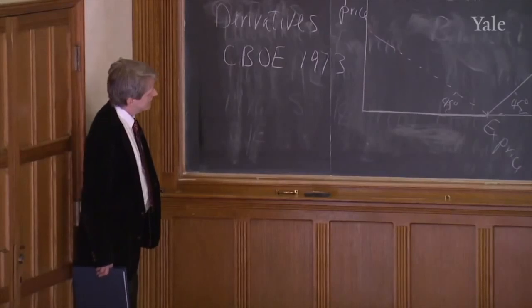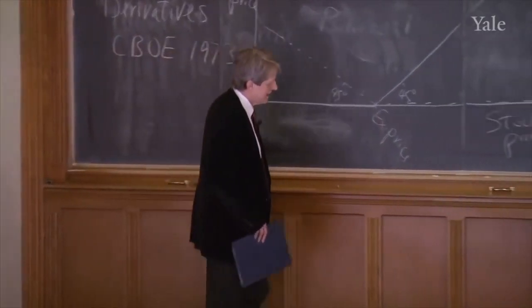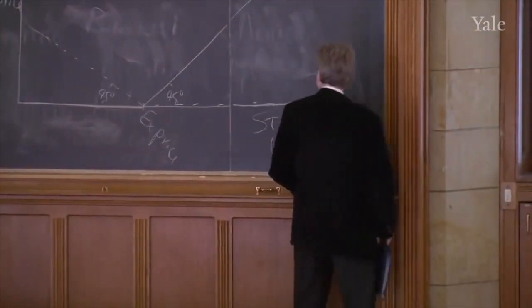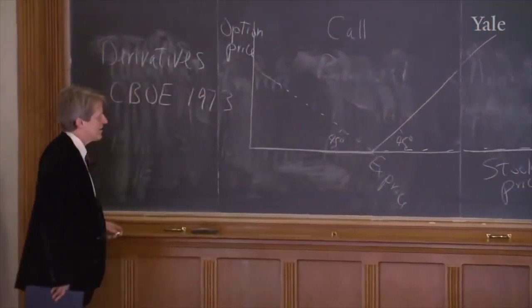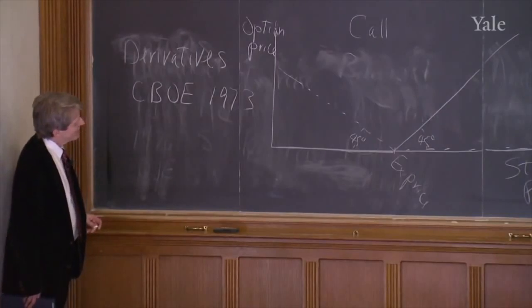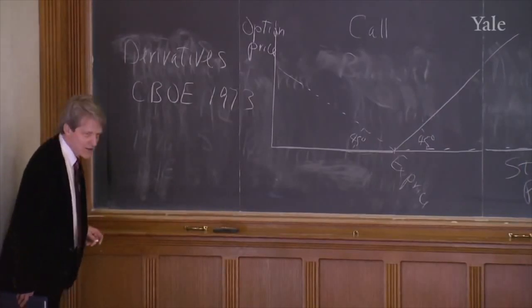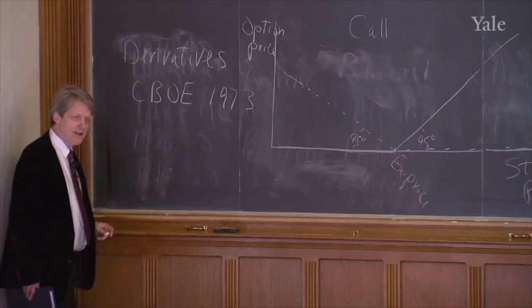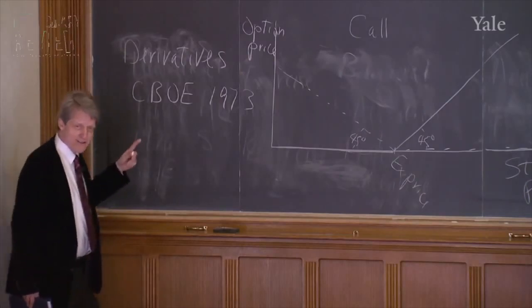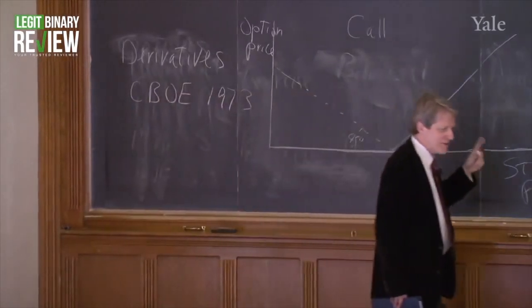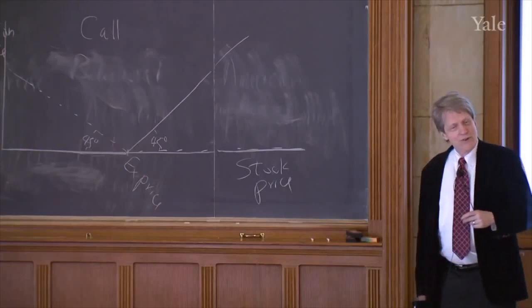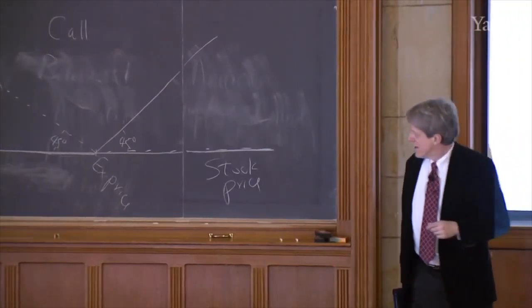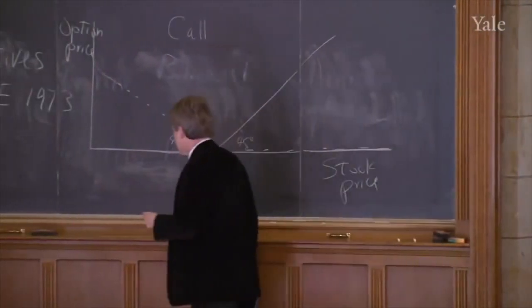So on the exercise date. Now, it's interesting that there's a pretty simple pattern here between puts and calls. What if I buy one call and I short one put, or write a put? Writing a put and shorting a put are the same thing, all right? What does that portfolio look like?